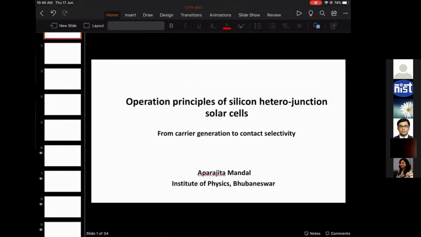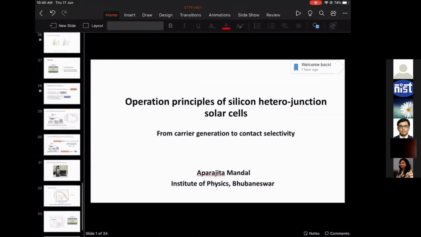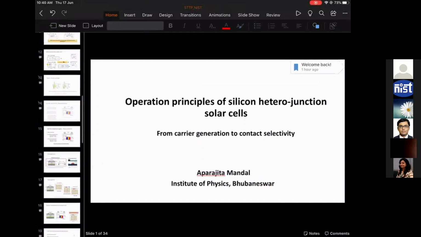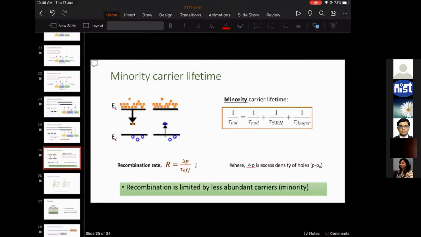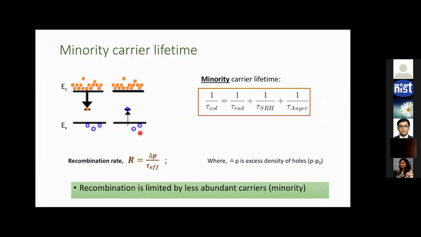Probably this one. So yesterday's talk, we have seen that the recombination event is limited by the minority carriers. You can see in the left hand side image that this is an N-type semiconductor. I can tell this by looking at the number of electrons in the conduction band and the number of holes in the valence band. So clearly, if your minority carrier number is less,